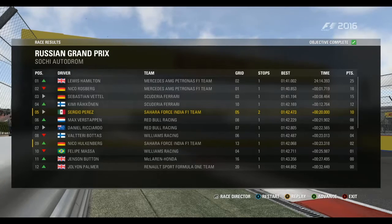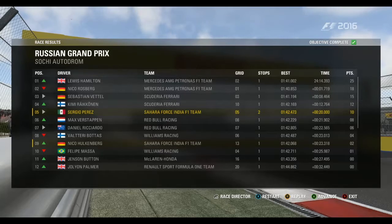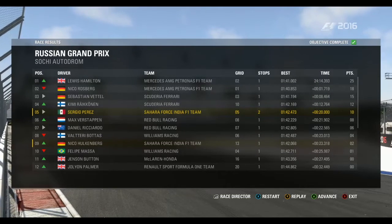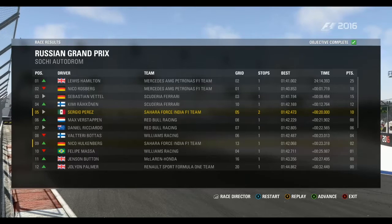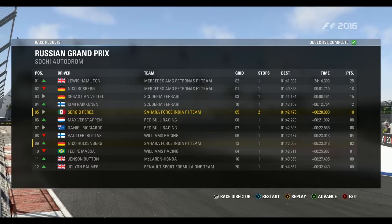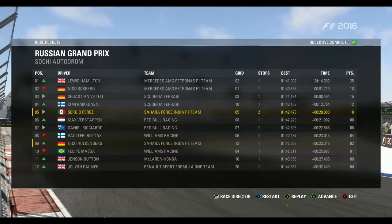So Jolyon Palmer has been given the driver of the day. He really does deserve that. He got involved in the first lap incident with Carlos Sainz, and Jolyon Palmer finishes 12th. So Lewis Hamilton wins this Grand Prix from Nico Rosberg, then Sebastian Vettel, Kimi Räikkönen, then me, then Max Verstappen,